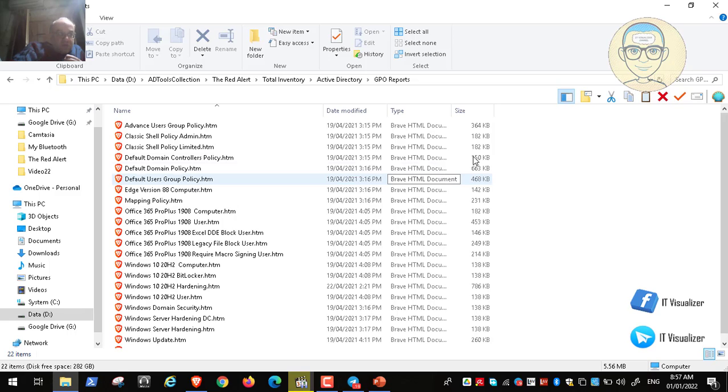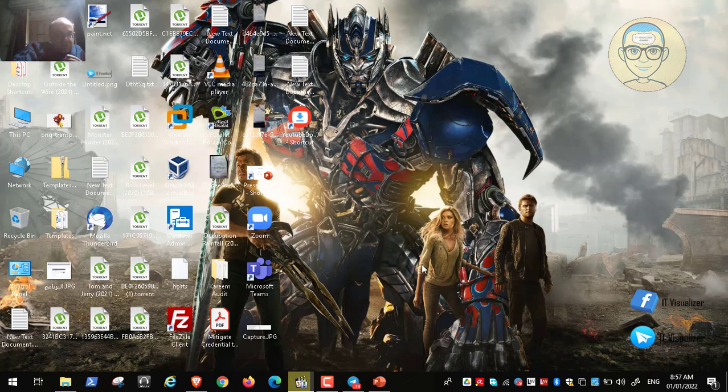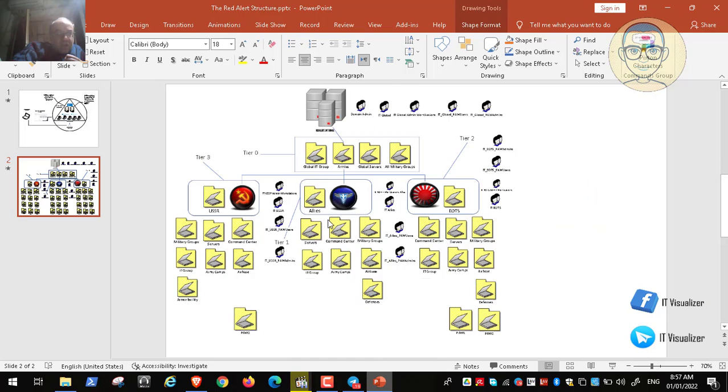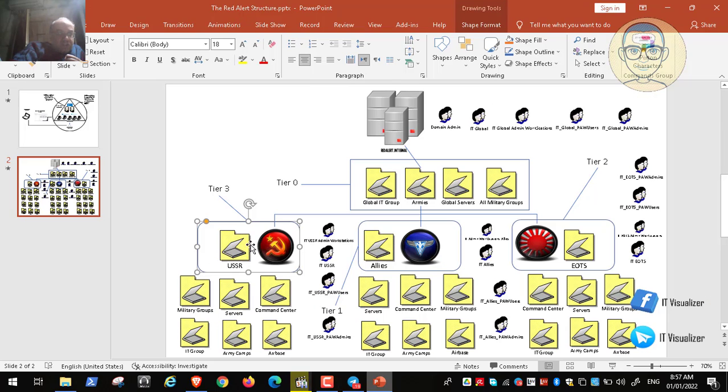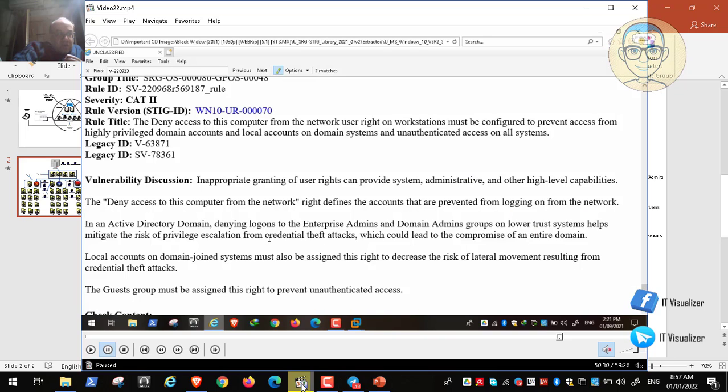We named it POW, okay, or rather not POW, it's something else, but we have a group policy. Just a moment here, guys. Here I have a group policy on the Russian army, one on the Allied army, and one on the Japanese army. In every one of these group policies, we have configured deny access to this computer from the network.